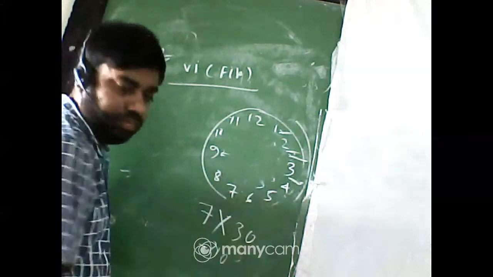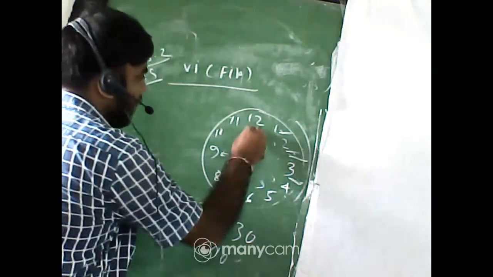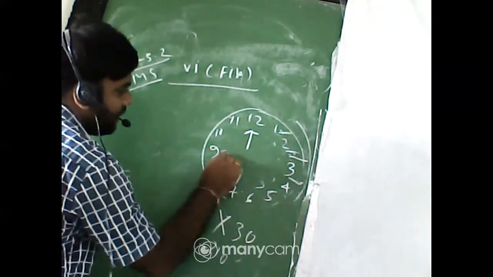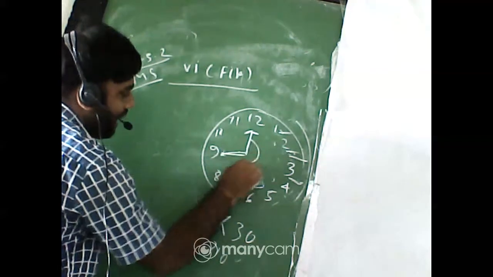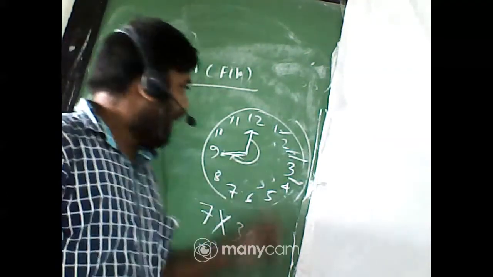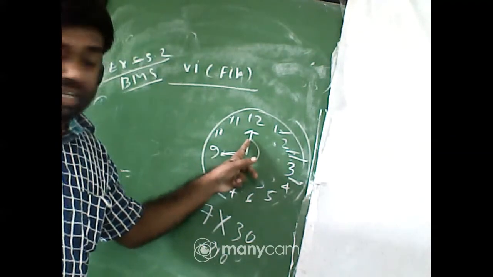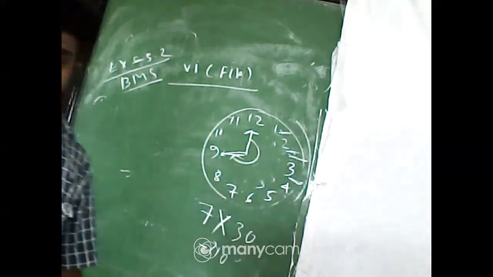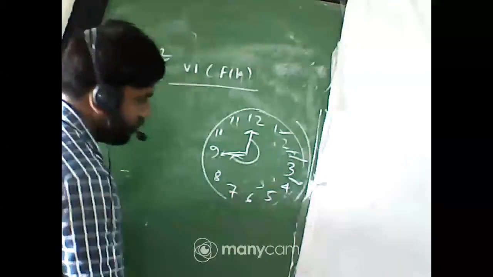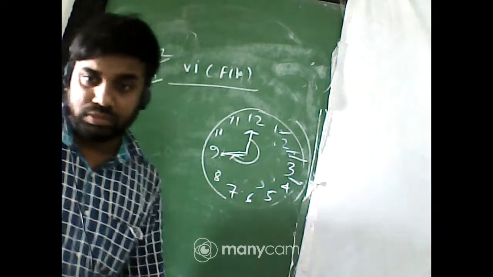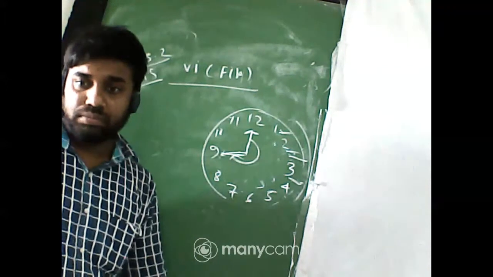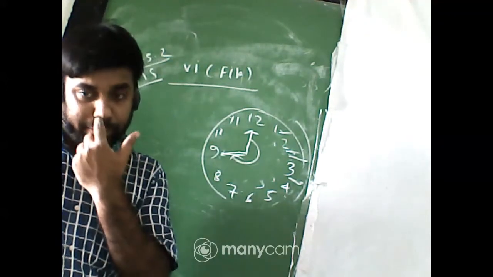Okay, next question. At 12 the hand starts rotating clockwise and reaches 9. So what angle does it form? What angle is formed when our hand is initially at 12, then reaches 9? First count the gaps between two numbers, then multiply it by 30. 9 gaps, very good. So 9 gaps, then multiply it by 30. 270, very good.